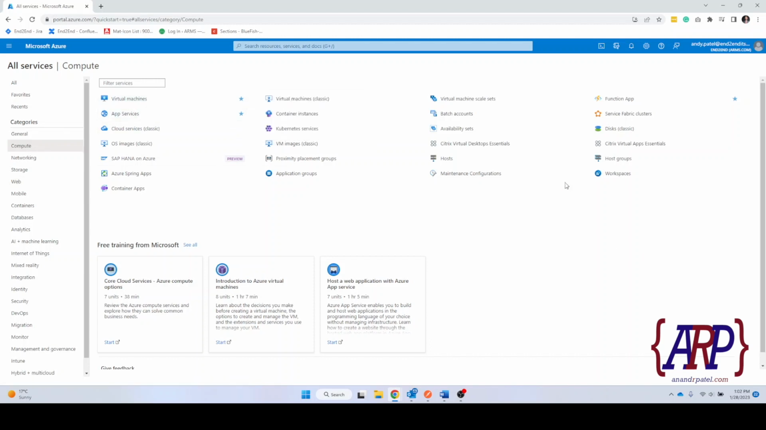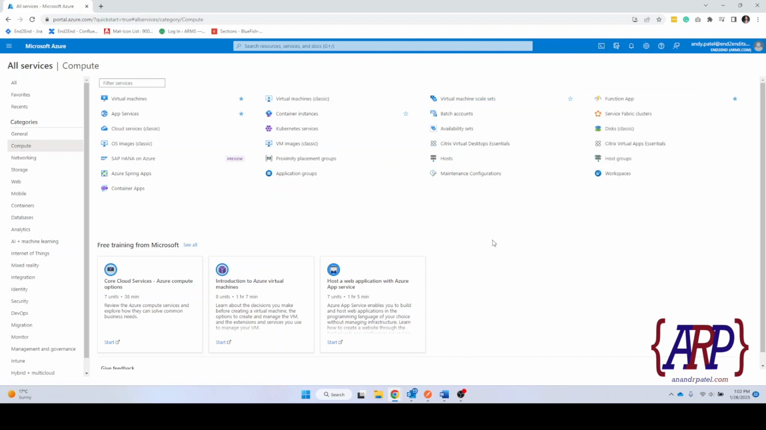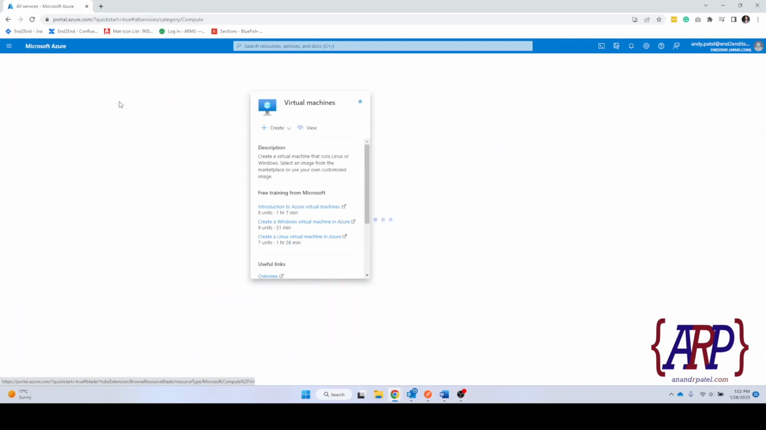But as you can see, there are other kinds of compute services like app services, container instances, or virtual machine scale set. What the virtual machine scale set means is, if there is too much workload on one server, it will create another server and distribute the workload between the two servers, and it does that automatically. But for the demonstration of this class, we are going to do the virtual machine only. So we will click on virtual machine,